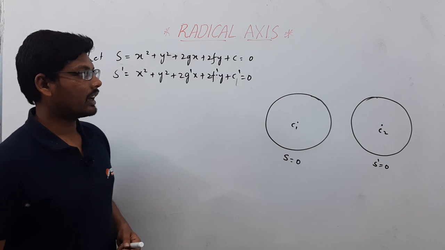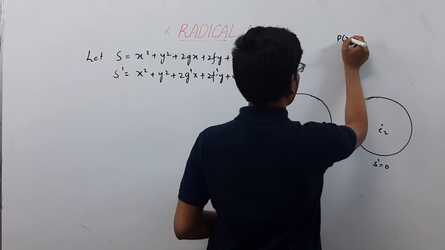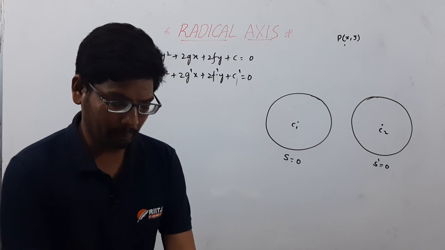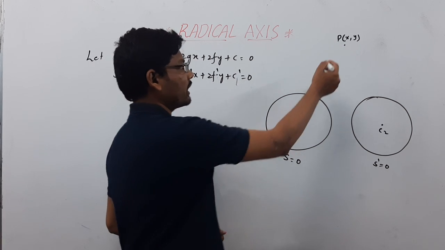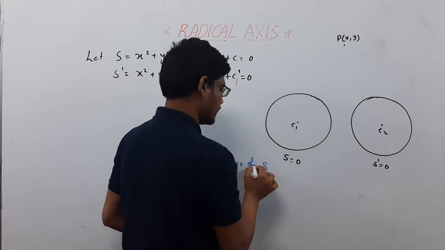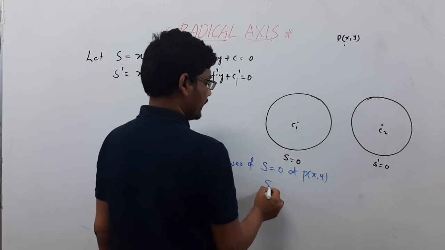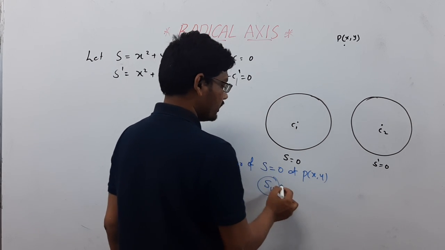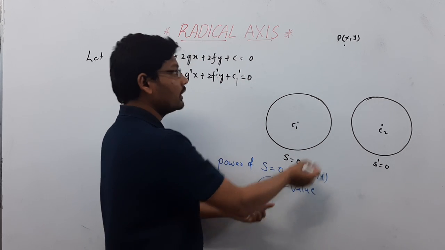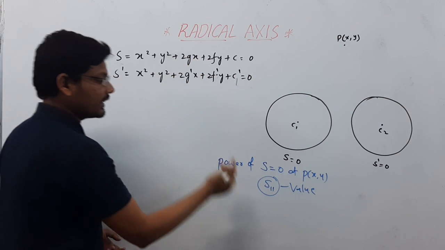Radical axis is nothing but, I am taking a point P, that is P of x comma y. So the power of S = 0 at P of x comma y is nothing but S11. S11 is a value. If you substitute the point x comma y in the equation of circle, we will get some value, that is nothing